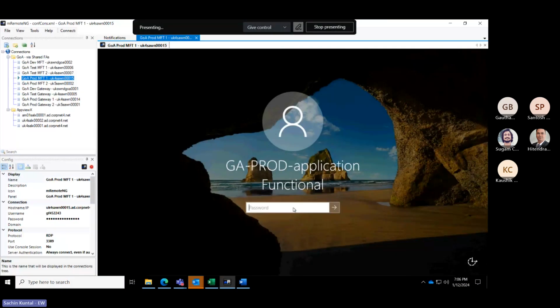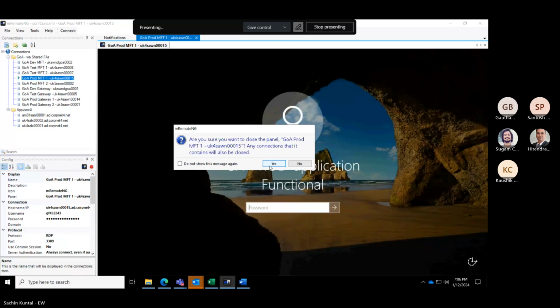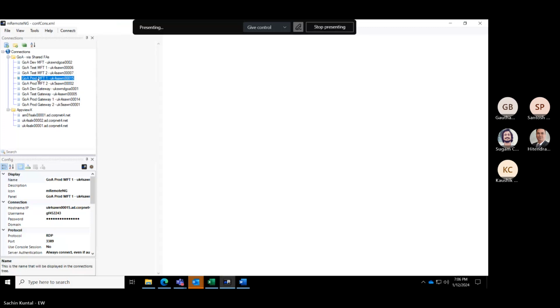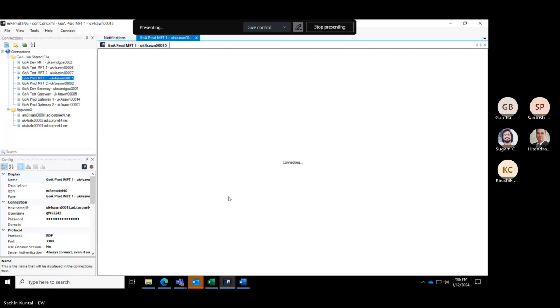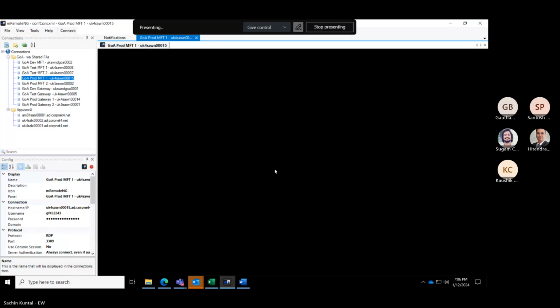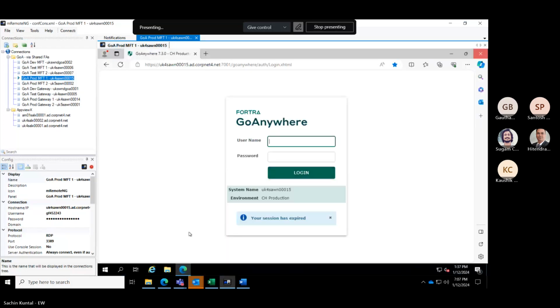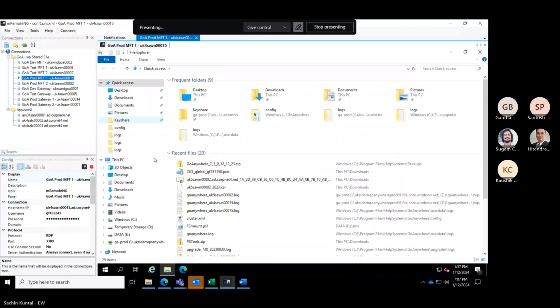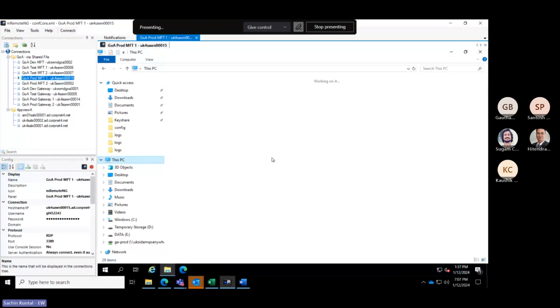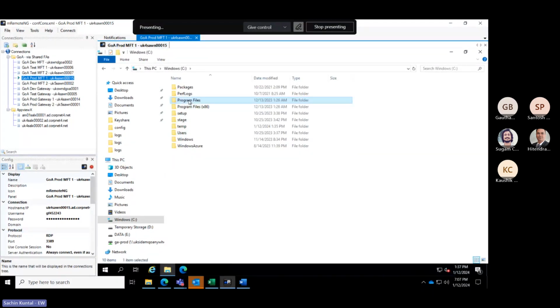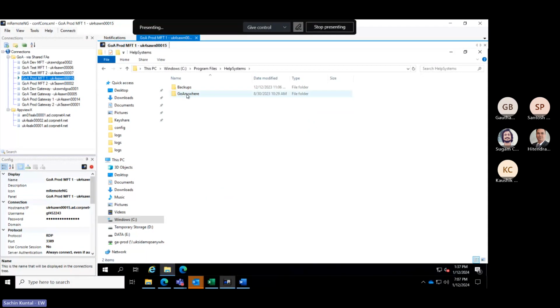If I go back to the server, go to C drive, Program Files, HelpSystems, GoAnywhere.